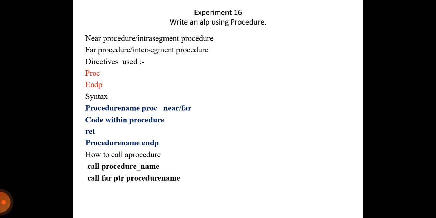So the stack pointer will be decremented by 4, and when we perform the RET instruction in the far procedure, the stack pointer will again be incremented by 4, because we have to perform pop operations. We need to regain the original value of IP and assign it to IP. We need to regain the value of CS and assign it to the CS register. So for that purpose we perform two pop operations, so that the stack pointer is incremented by 4.